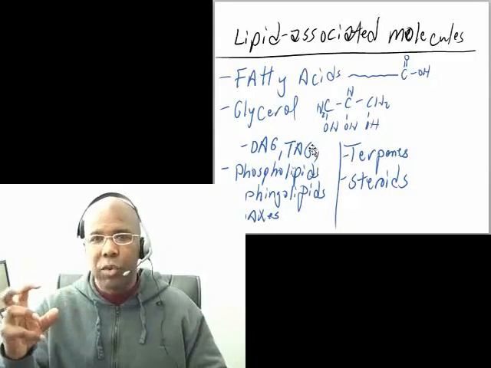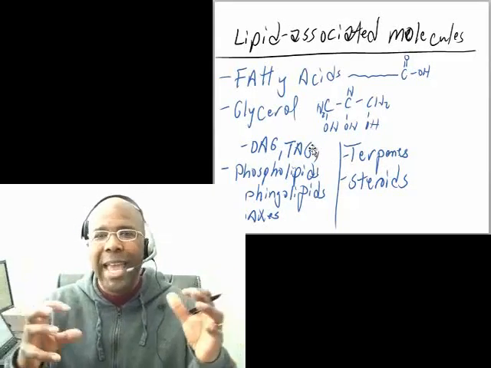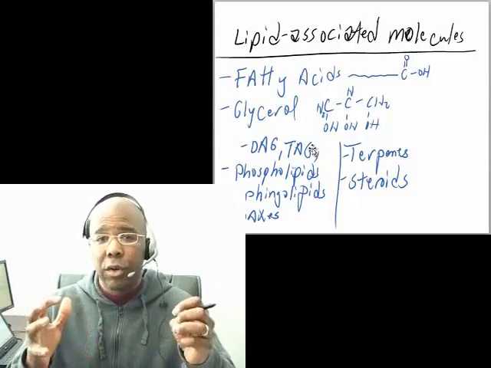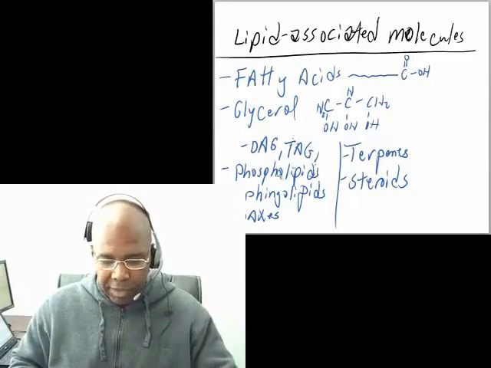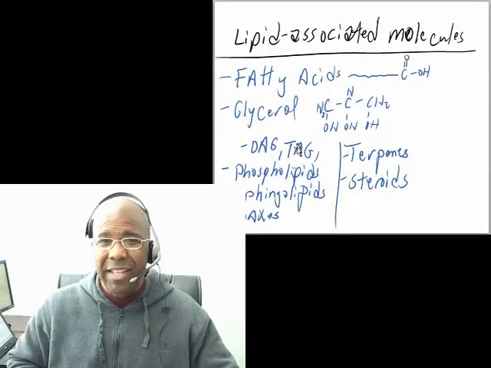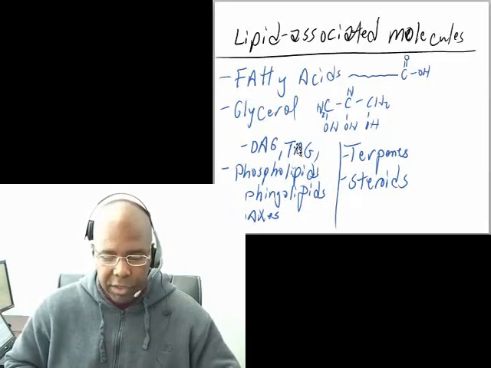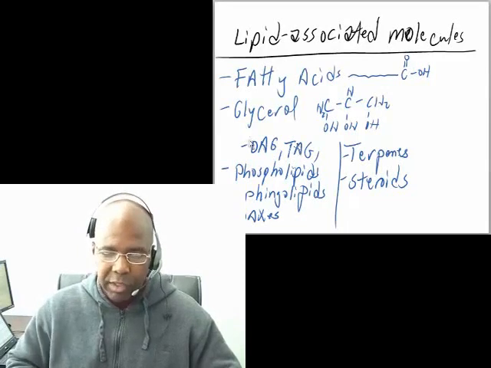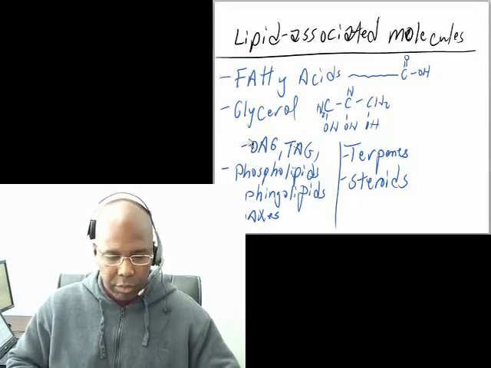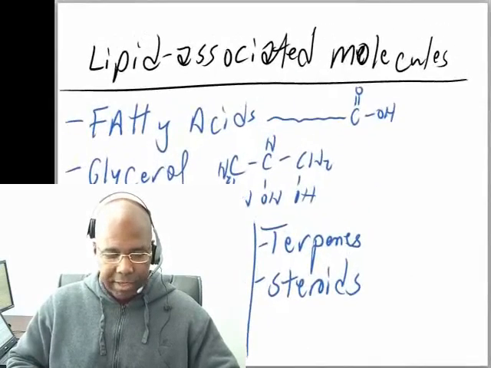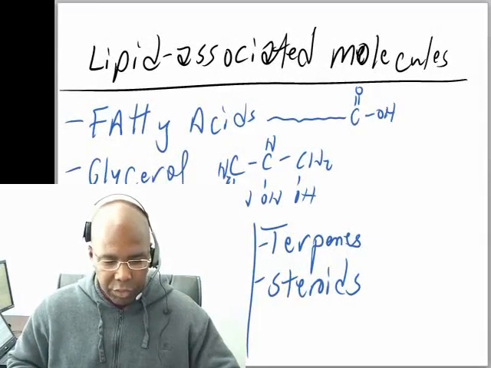So we're going to take glycerol and attach fatty acids to glycerol. Now, triacylglycerol, this is fat. This is how fat is stored in all organisms. And so we'll look at that first, and then we'll look at diacylglycerol. Okay, let's begin. Let's go to a new slide and let's draw